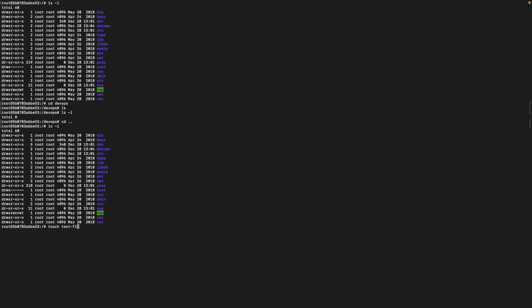I'll clear the screen so that the commands are very clear to see. So touch testfile.txt. If you want to create a JSON file, the extension for the JSON file will be .json,